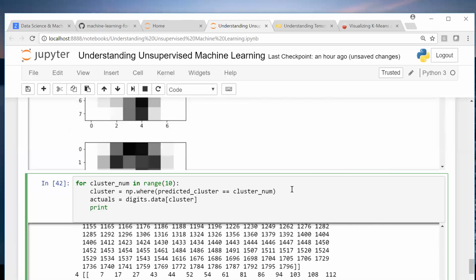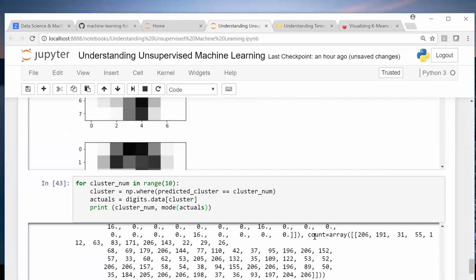Print cluster number, comma, mod. Is data... oh, not data.